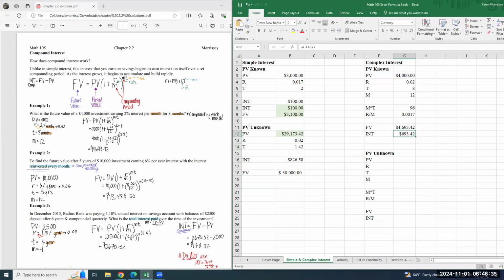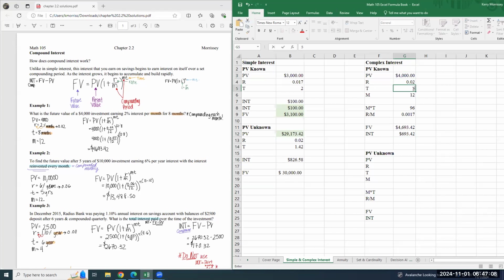So if we were interested in how much compound interest we had earned over this duration, it would be about $693.42. Now, the reason why we want these Excel sheets up and ready is that when we go to enter other information, we can actually just have it calculated for us. So if we did it again here,